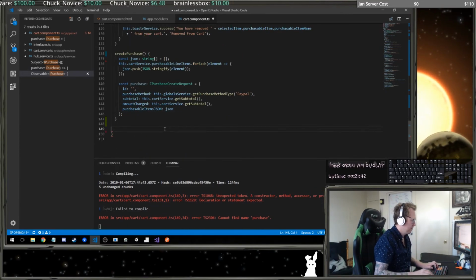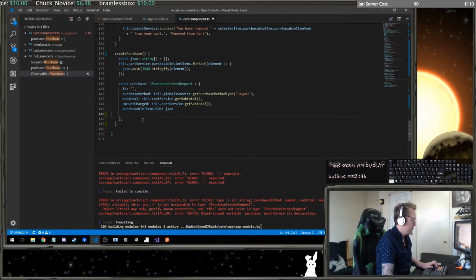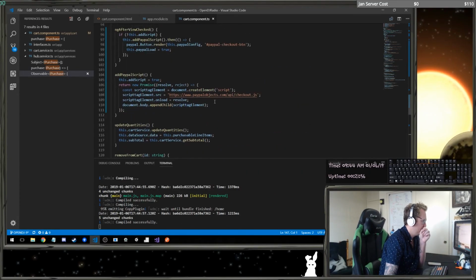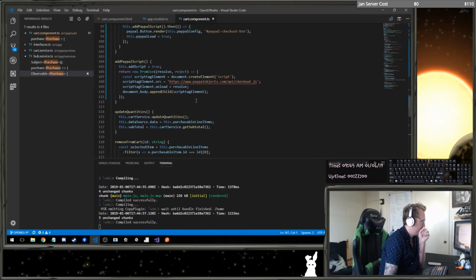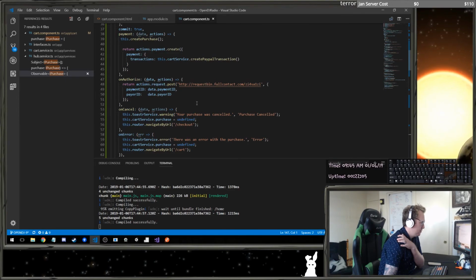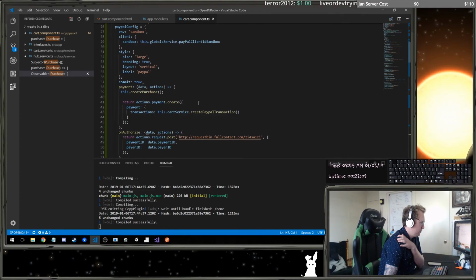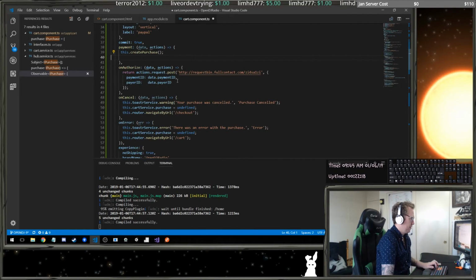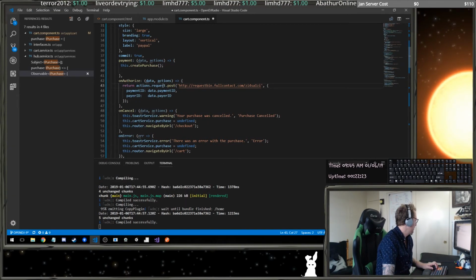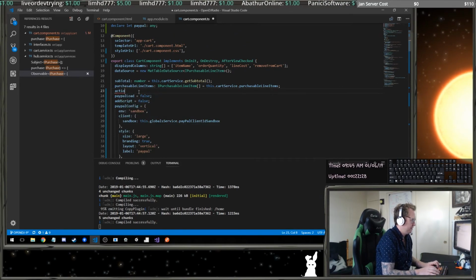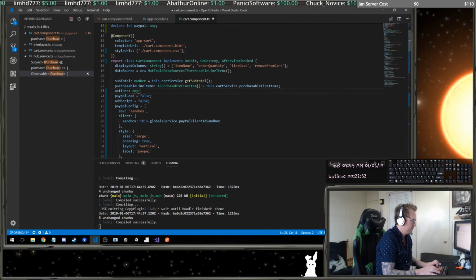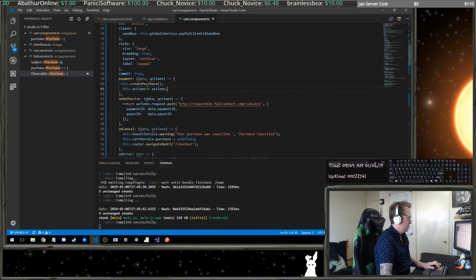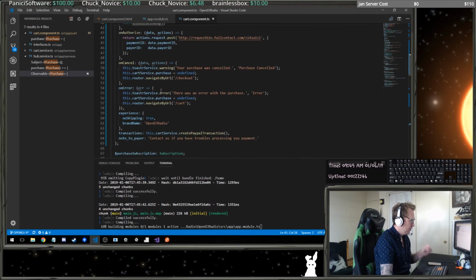Okay. Right there. Okay, so that'll create a purchase based on what we already know. And I want to do this, and then when I return it, I want to change this, and I'm going to put an actions as of type any. So I can do this.actions equals actions. And then I can create the purchase. And then when that's done,